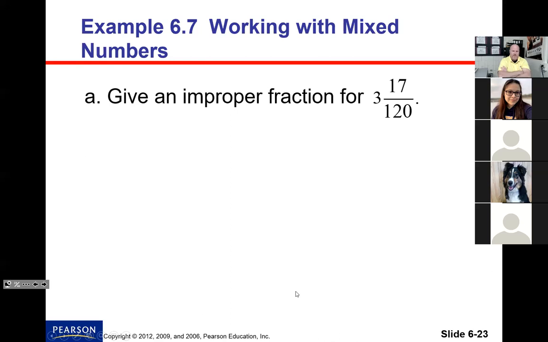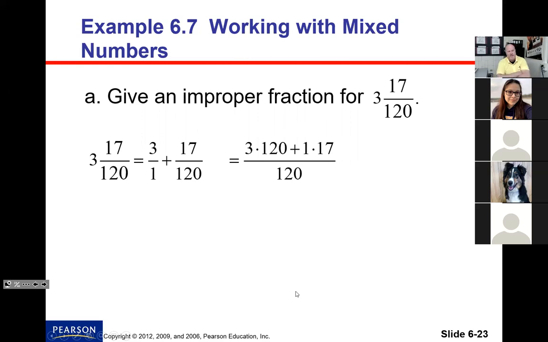377/120. Okay. So what did you do, Alice? Tell me your steps. 120 times 3 plus 17. Perfect. So yeah, right. The 120, right? I don't like the way it's shown here. 3 times 120 plus